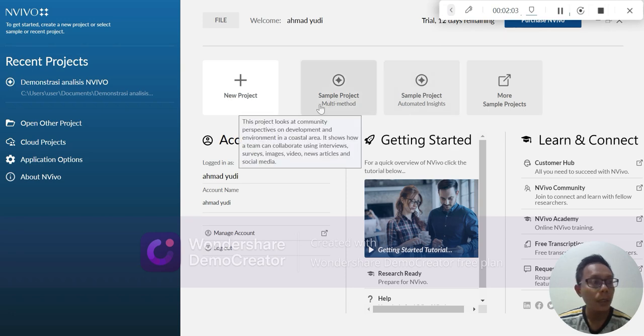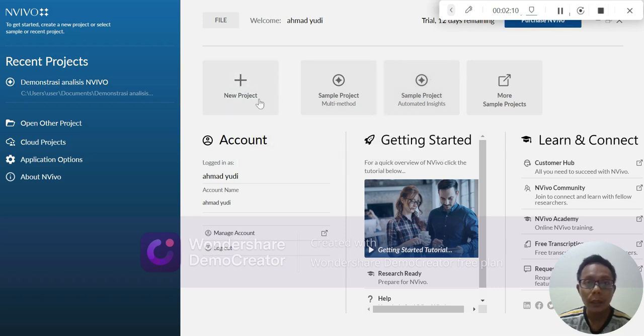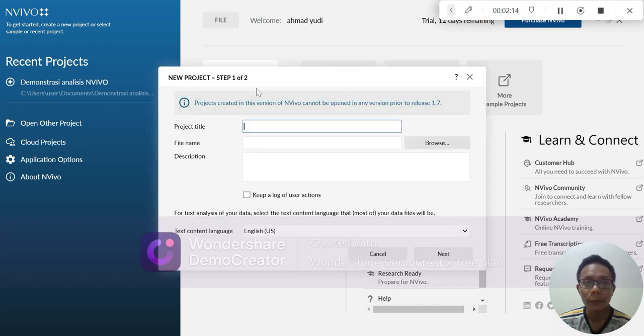The first thing you need to do is go to blank project, new project, and click OK. Here we have a new project. You need to fill in the title and the description about the project. For me, I just put a simple one: the challenges